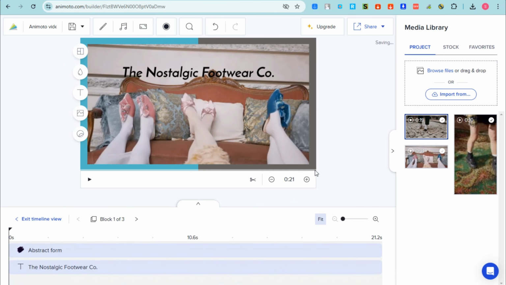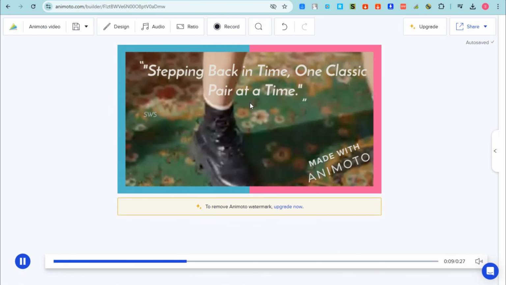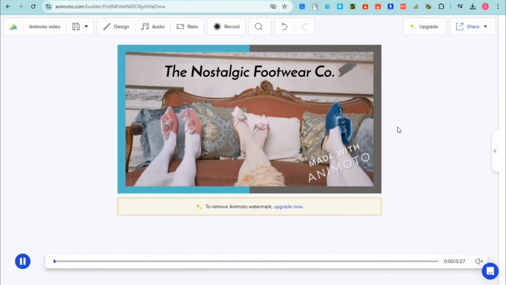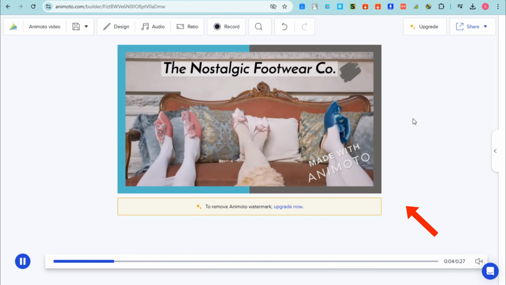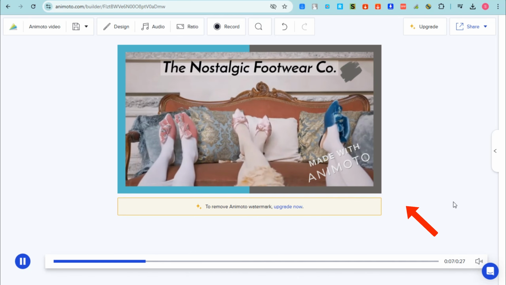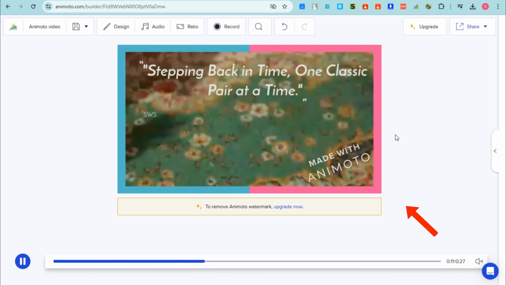So if you really want to use Animoto, you need to upgrade your plan in order for you to use this, but let me tell you, everything is worth it. Okay, it's very easy, it's good for beginners, and all you have to do is to add your videos and do a little edit to your video. So basically that's how easy it is to learn